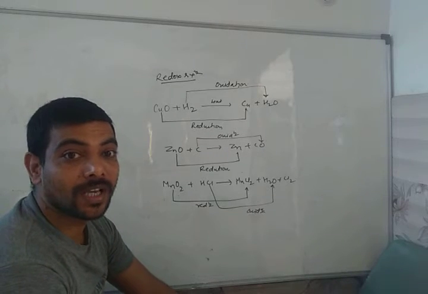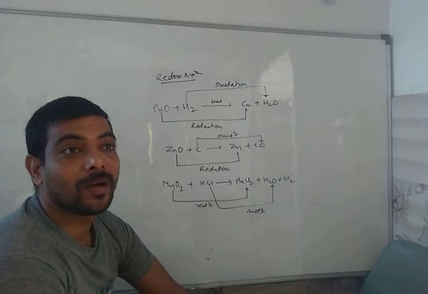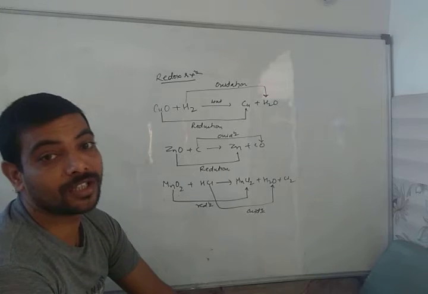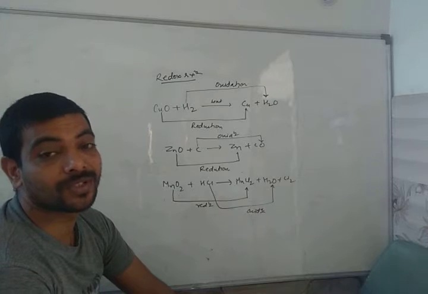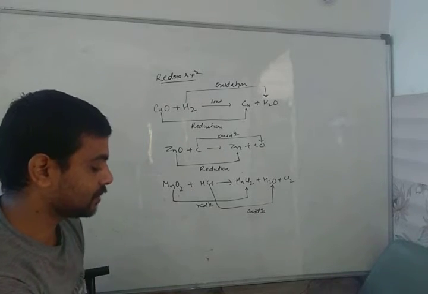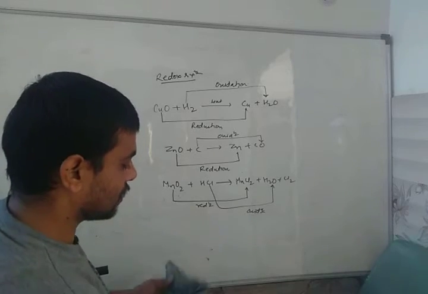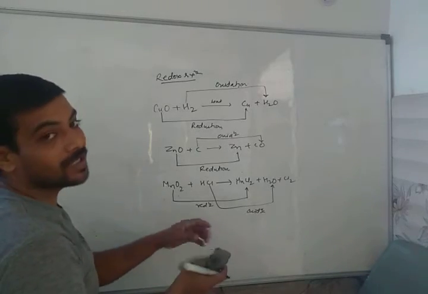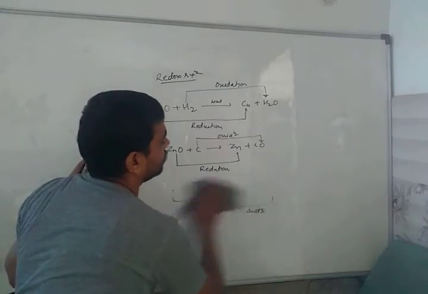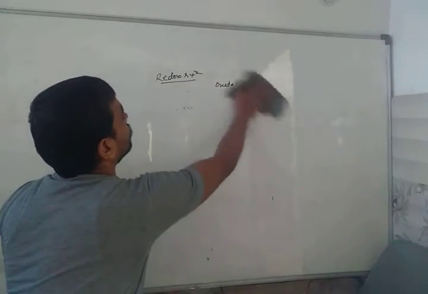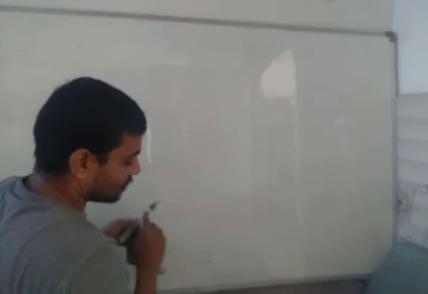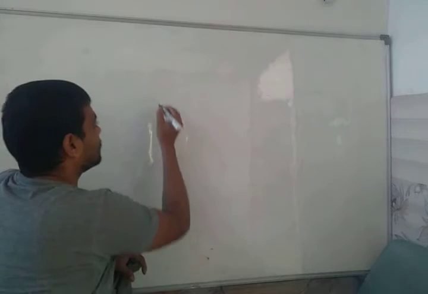Mostly a question is asked: comment whether the following reaction is a redox reaction, and identify the oxidizing and reducing agent, the substance that gets oxidized and that gets reduced in the reaction. So I'm just going to do a small exercise to understand the concept of redox reaction. Here it is. What sort of question is asked? Identify the substance that